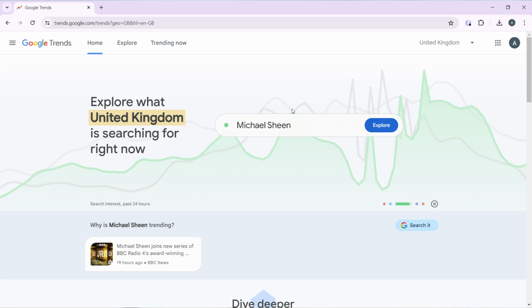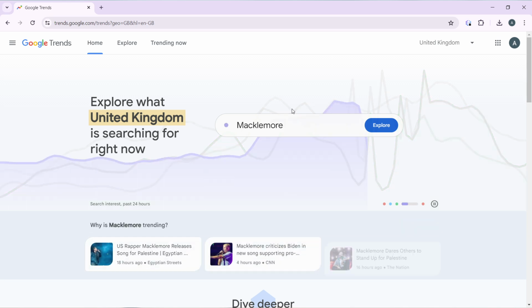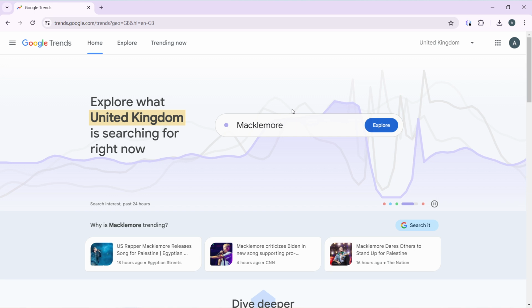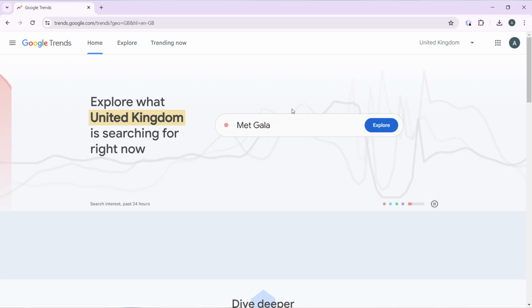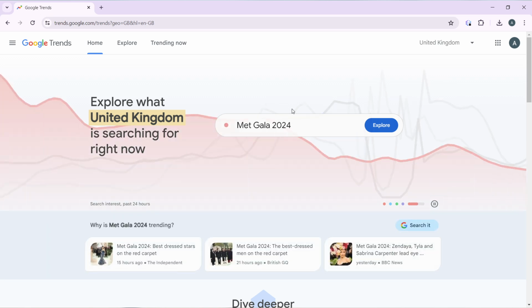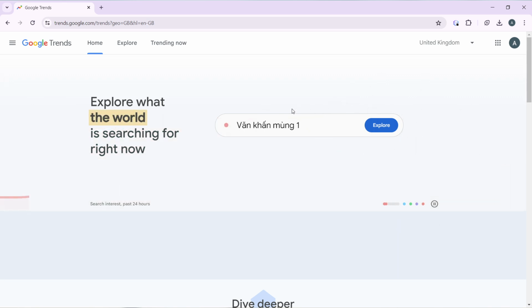Pretty simple. Launch the browser of your choice and locate the search bar. In the search bar of your browser, type trends.google.com, and that's going to take you right into this website. Now, in here, you don't have to go through the process of creating an account because Google Trends is going to create an automatic account for you using your Google account registered in your device. So now that we're on this homepage, let's see how we can use Google Trends to find trending and